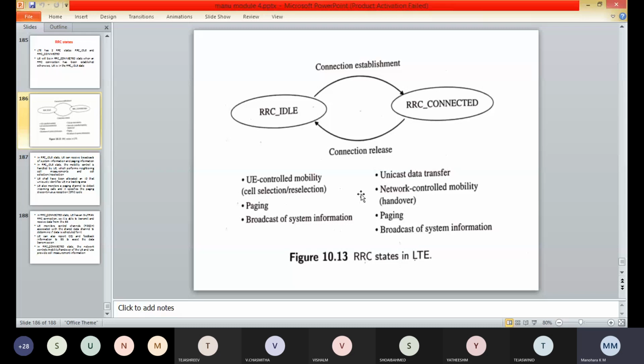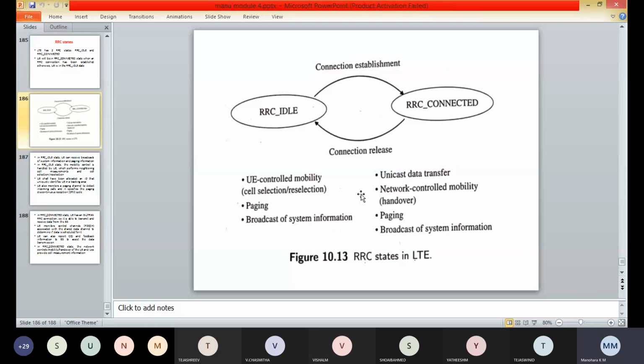The system information mainly contains the parameters such as the priorities of different frequencies. The user equipment identifies the tracking area.